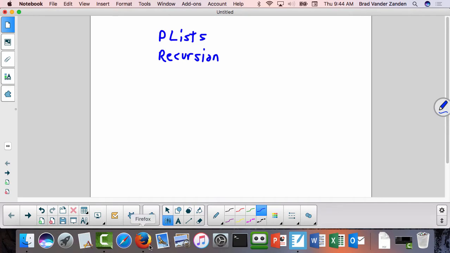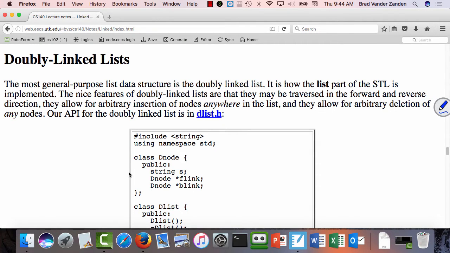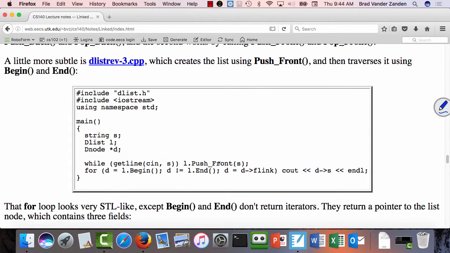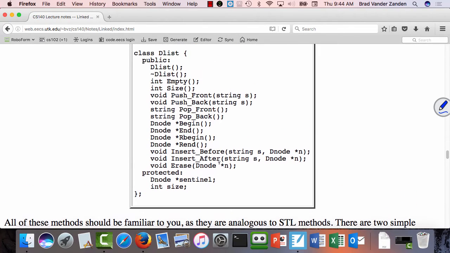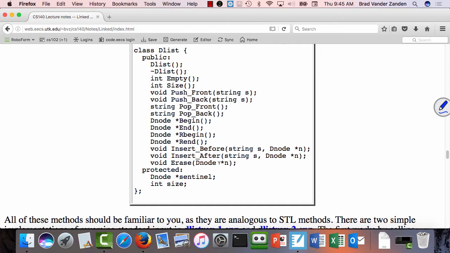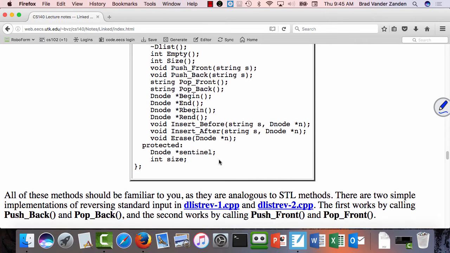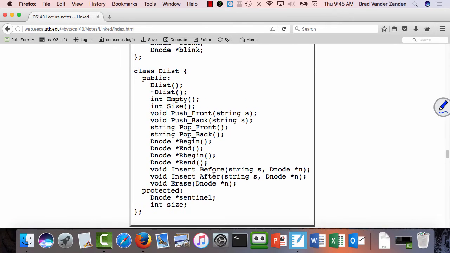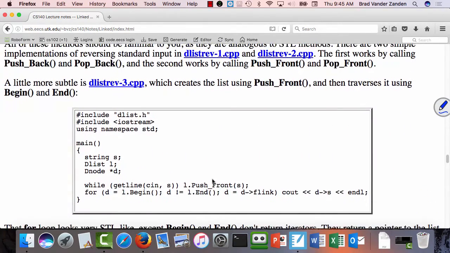Okay, so let's first finish up talking about doubly linked lists, which you will be implementing in Lab 8. Essentially, this whole API that you see here, you'll be implementing in Lab 8. He doesn't give you the code for a DList. He does give some code for using them, which we did not go through last time. He has duplicated much of the DList interface that you get with an STL list, but he's not doing the so-called operator overloading with plus plus or the asterisk. So if you want to get values out of his DList, you have to do it in a slightly different way. So here he has his example with